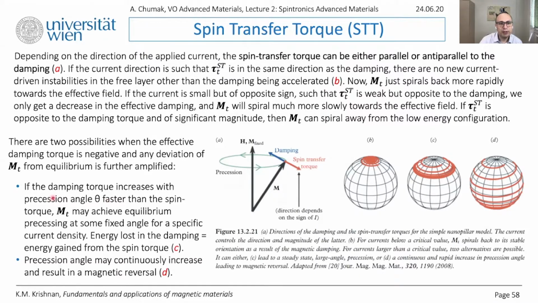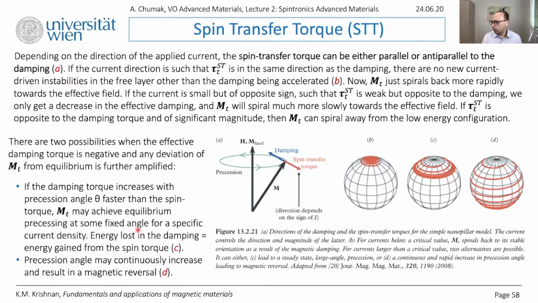For example, if the damping torque increases with precession angle theta faster than the spin torque, then the magnetization may achieve equilibrium precession at some fixed angle. So it means that, of course, in order to give equilibrium, you need to have different dependencies for the torques,